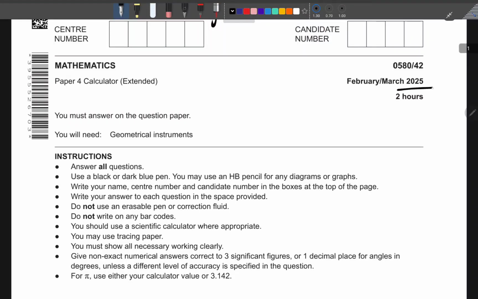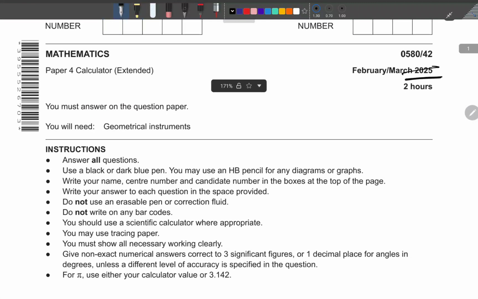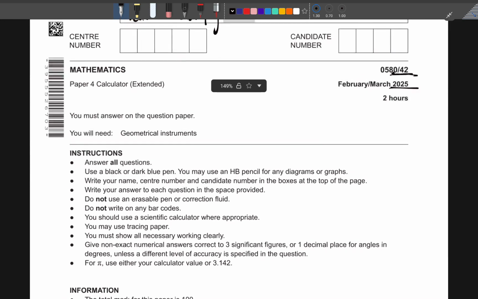This is February, March 2025, and we're going to use it for practice. For February, March, there's only paper 4-2. Okay, we're doing the paper 4 from February, March. For the other times, we're going to find 4-1, 4-2, 4-3. If they are different, then we'll do all three of them. We're going to be doing any paper we meet. We're going to go through the run, through the different years, and we'll do so many until we are comfortable,